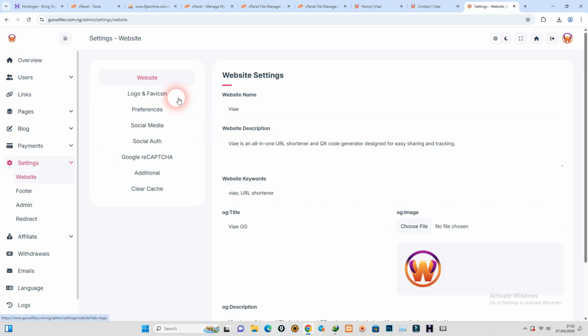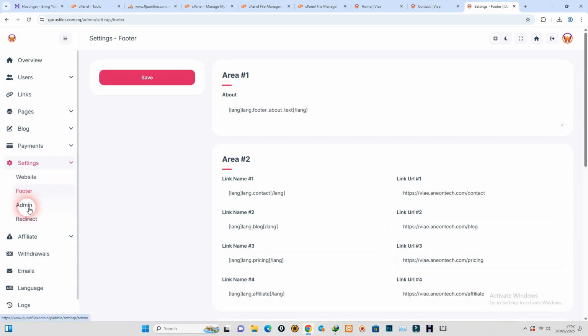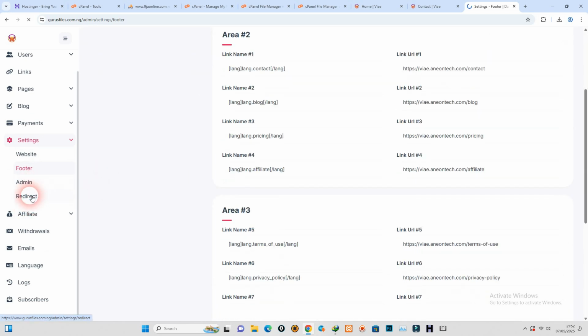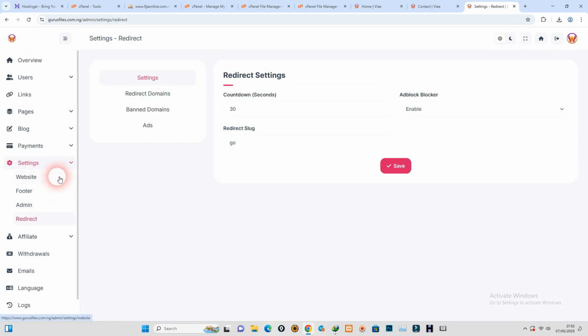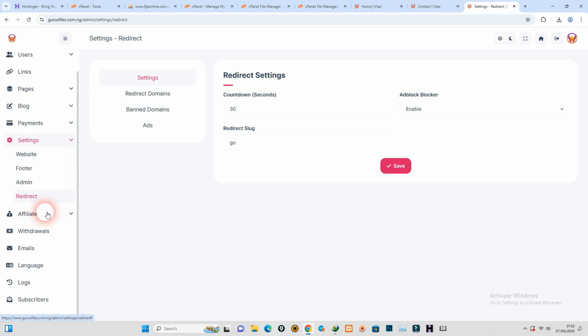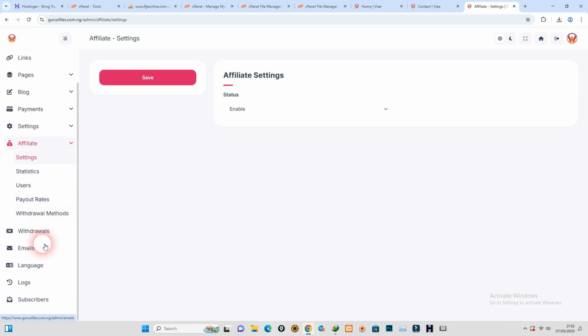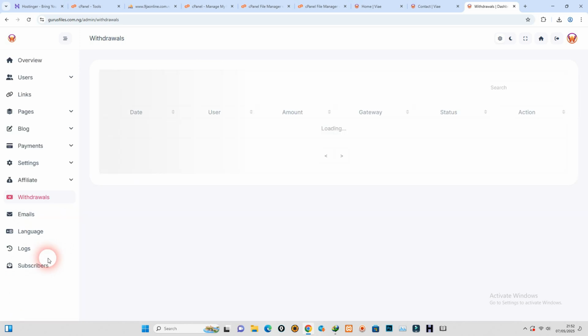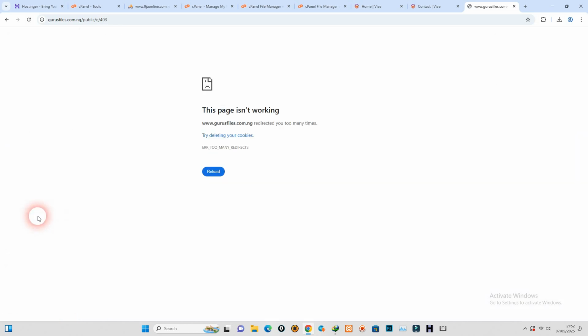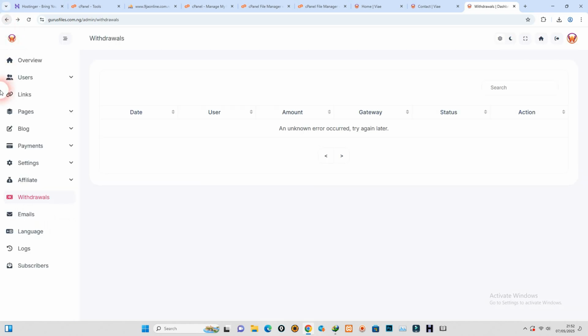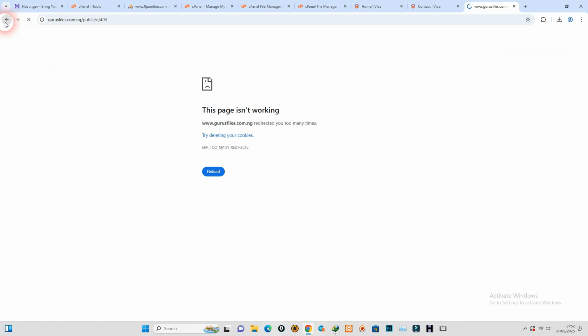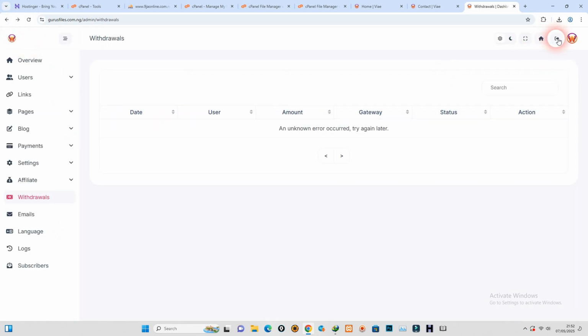These are the general settings here. You can see the footer settings. You can also see the admin, the redirect. You can also see the affiliate settings. The withdrawals, you can see all the withdrawals. You can also see the email and the logs. Sorry, there's an error, but let's